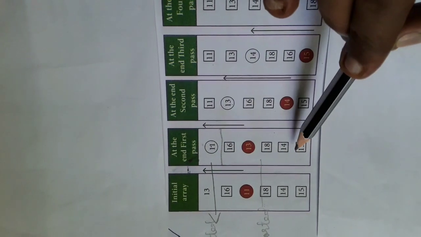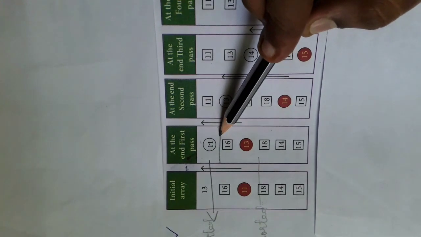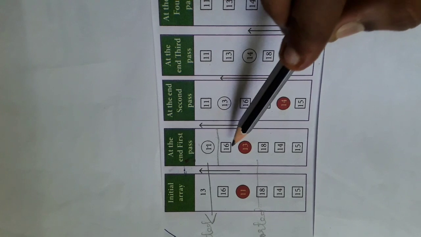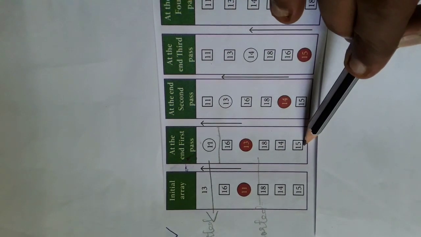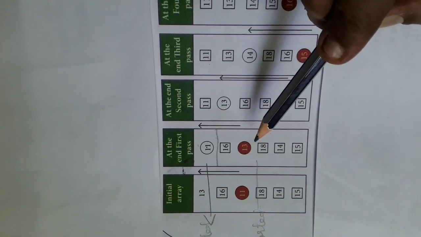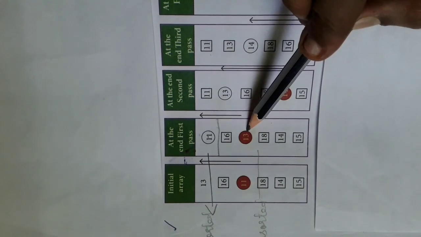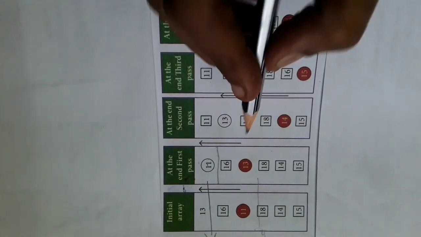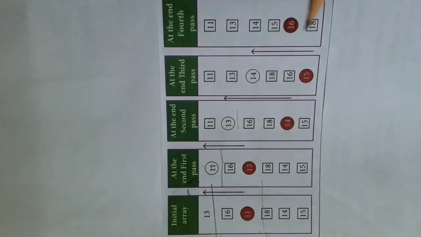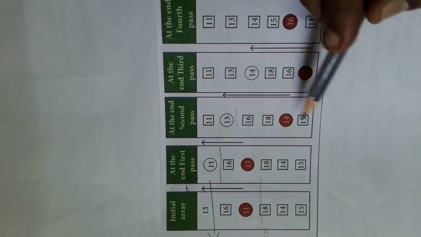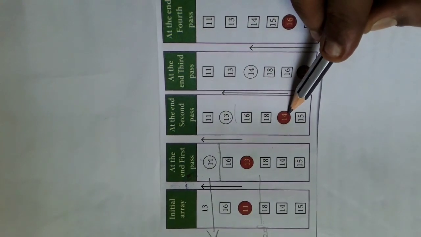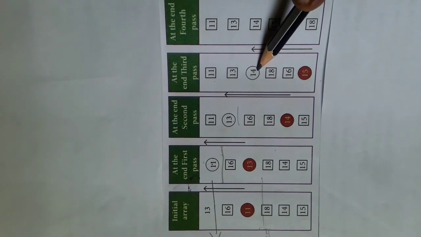Now your array of elements is divided into two blocks. These are sorted elements and these are unsorted elements. Now the second step will be, from among these unsorted elements, the smallest element will be searched. That is 13. 13 will be taken to the second position. Now we have 4 elements. Among these 4 elements, the smallest element is 14. 14 will be taken to the third position.